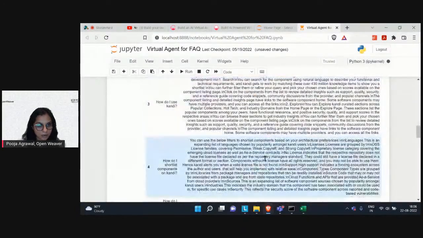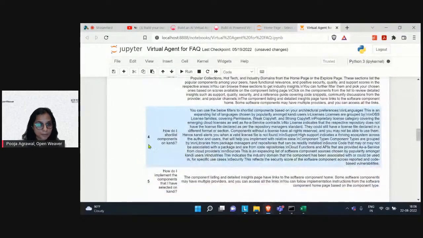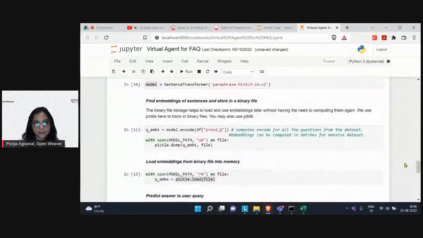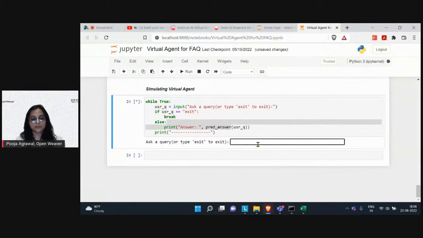Let's just check. Okay, how do I use kandi? What components? How do I shortlist components on kandi? Okay, so let's check out something. Hello, Mr. Bot. Help me with this.